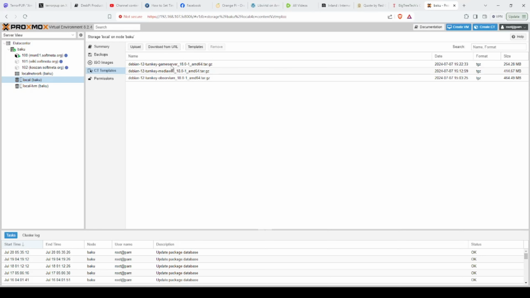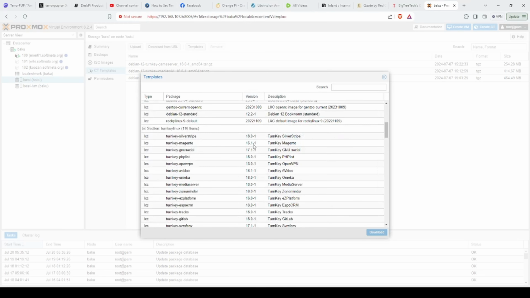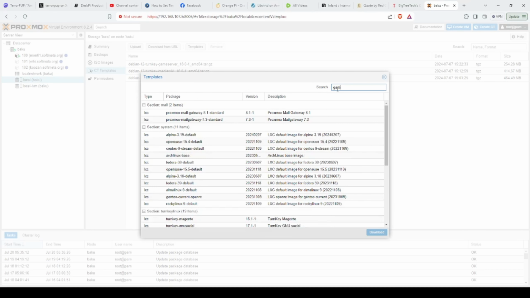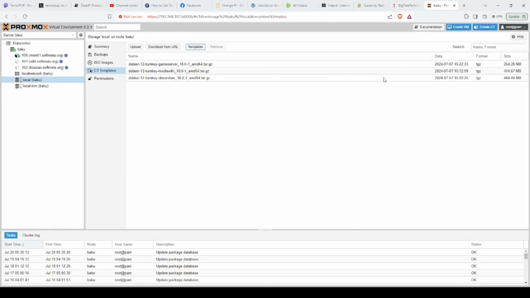And I've already downloaded the game server, but what we're going to do, just to show you how I got it, was we're going to click on templates, and we would just scroll down, but that takes a while. Just up in the search, type games, and it's going to come up, and you're going to click on it. And you'll hit download. Now, I already have this download, but you would see it go through, and once it's downloaded, it's there. Now, we have our template,